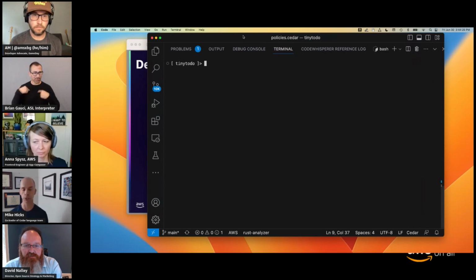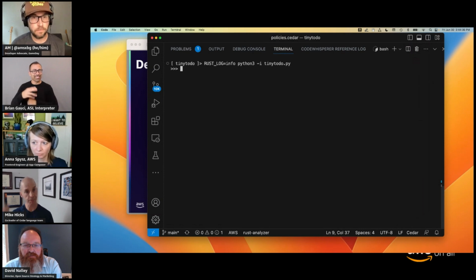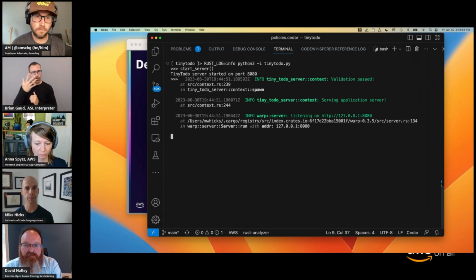Okay, so now I'm going to jump to the actual demo. As you saw on that last slide, for the demo, the client is a little Python client that's sending HTTP requests to the server. So I'm going to start that up. The environment variable that I set there, Rust log, is a logging system so that we're going to be able to see the requests going to and from the Cedar engine, so we can explain how Cedar is playing a role. I'm going to start up the server here, and there are a couple of log messages just saying that things are starting up.